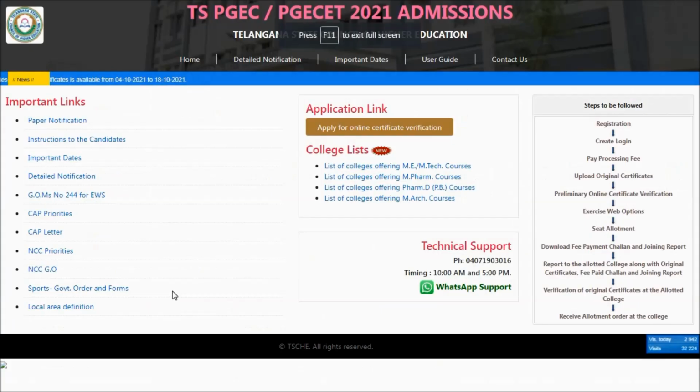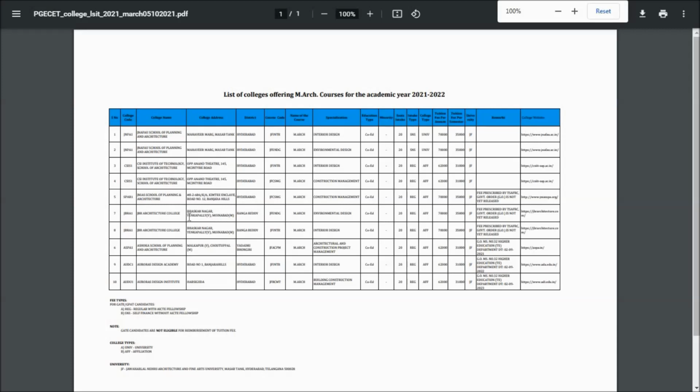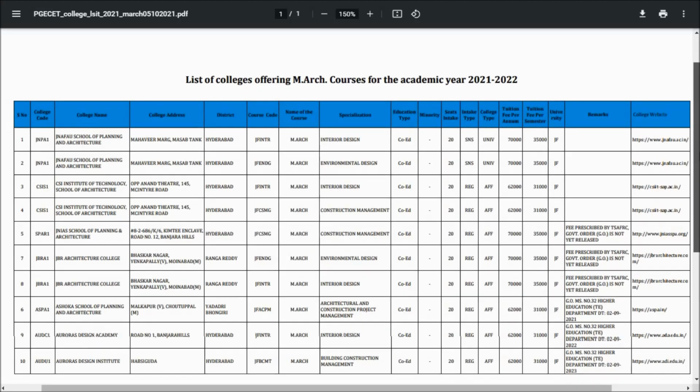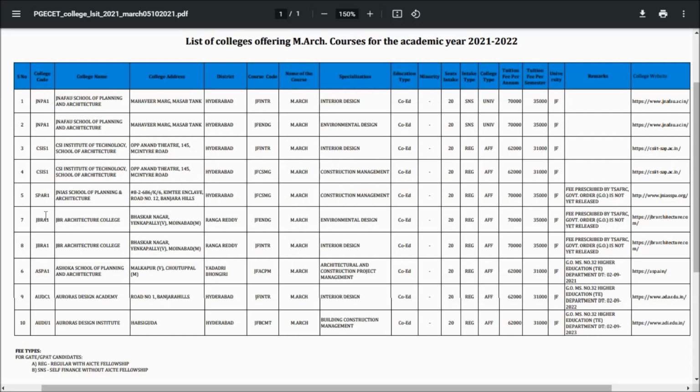If you talk about the list of colleges offering M.Arch courses, you can see they have provided 10 colleges. These are the colleges offering M.Arch courses for the academic year 2021 to 2022. College code they have given here, and college name, college address Mahavir Marg, Masab Tank, Hyderabad district, course code, and name of the course M.Arch, and specialization interior design, environmental design, and construction management.